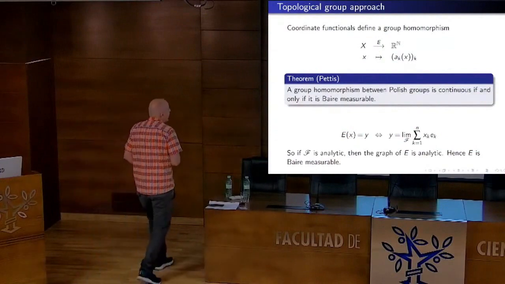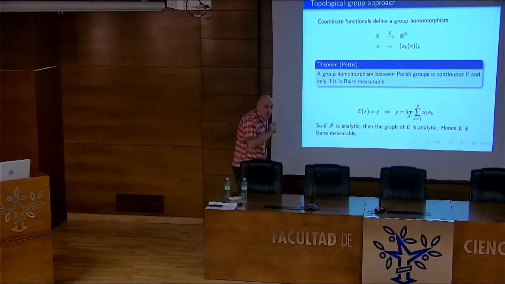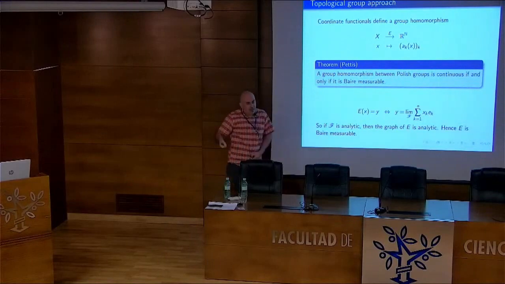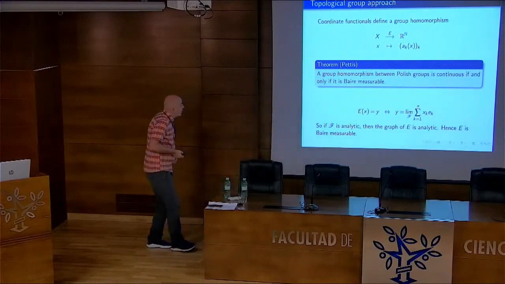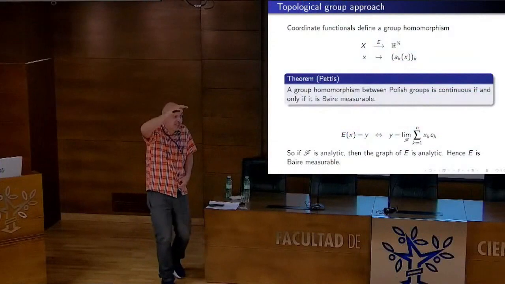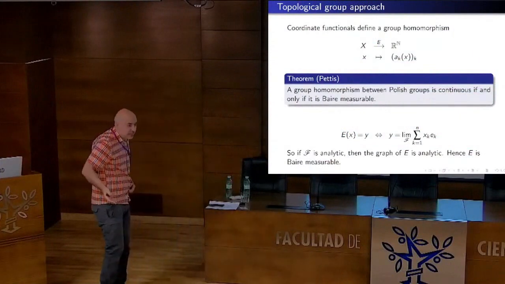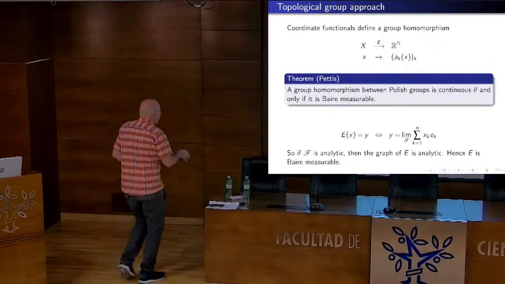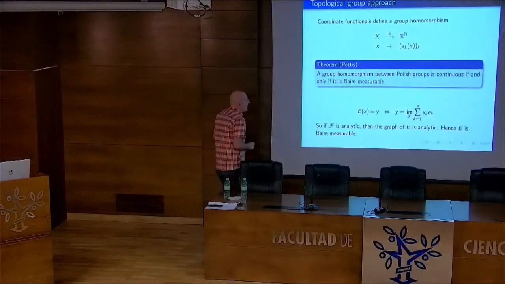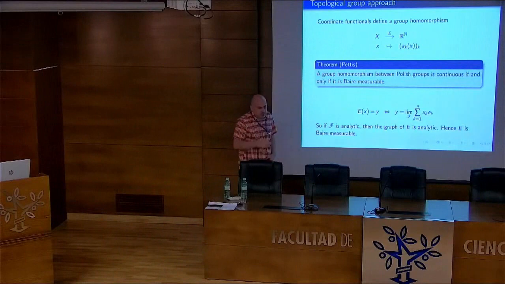And this is a group homomorphism, where the group operation is addition: addition in the Banach space and addition coordinate by coordinate. And okay, I want to prove that this is continuous, because proving that the coordinates are continuous is the same as saying that the map into the product is continuous. And you have this nice theorem. Depending on where I read it, it is given different names, but at least in some places it is a corollary of something by Pettis: a group homomorphism between, in this case, Polish groups. It has an even more general framework.